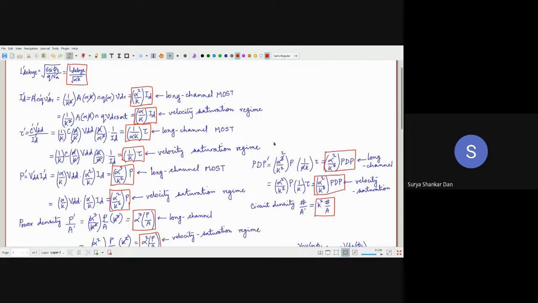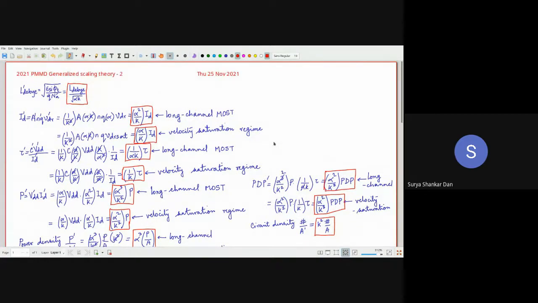Then we will go to the delays. You have learned about circuit delays in this semester. In the next semester, we'll be dealing with circuit delays in a much, much more detailed way. So how do you get the delays? Irrespective of which delay we are speaking about, it primarily boils down to the charge across a particular node, that means some kind of capacitive charge, divided by the current which is flowing through that capacitor.